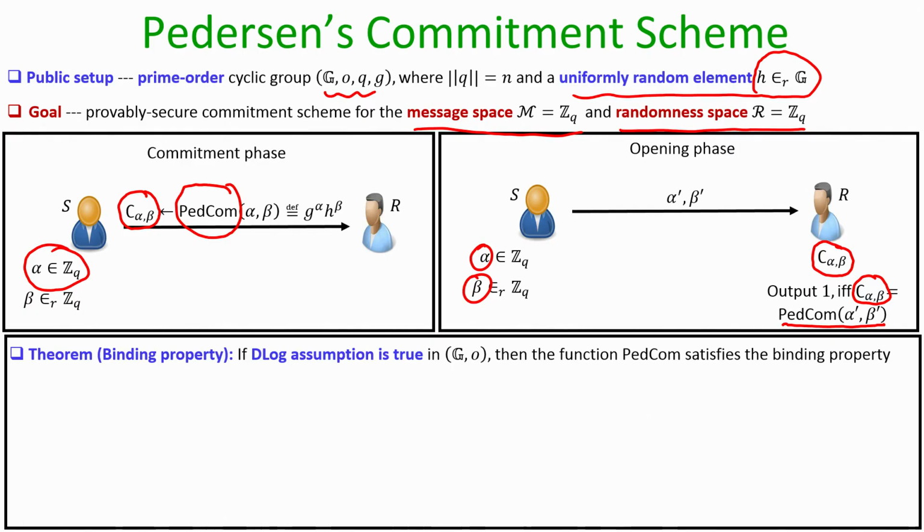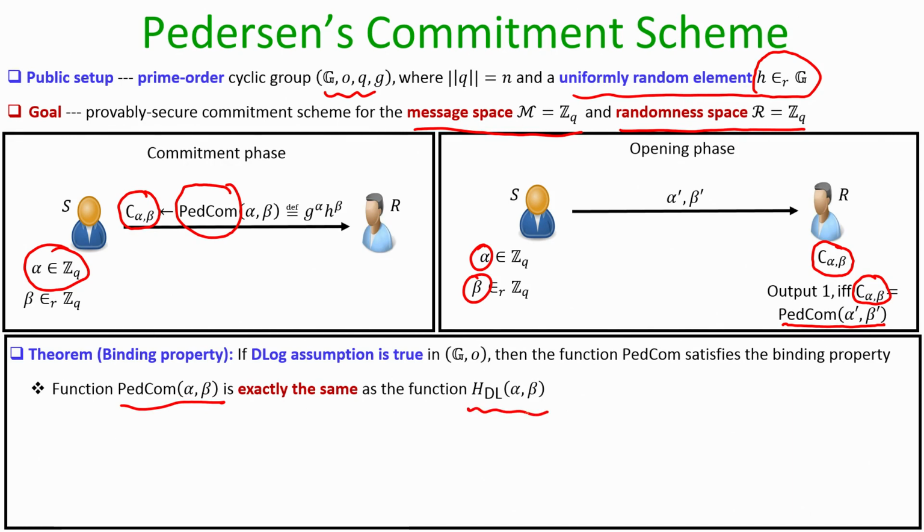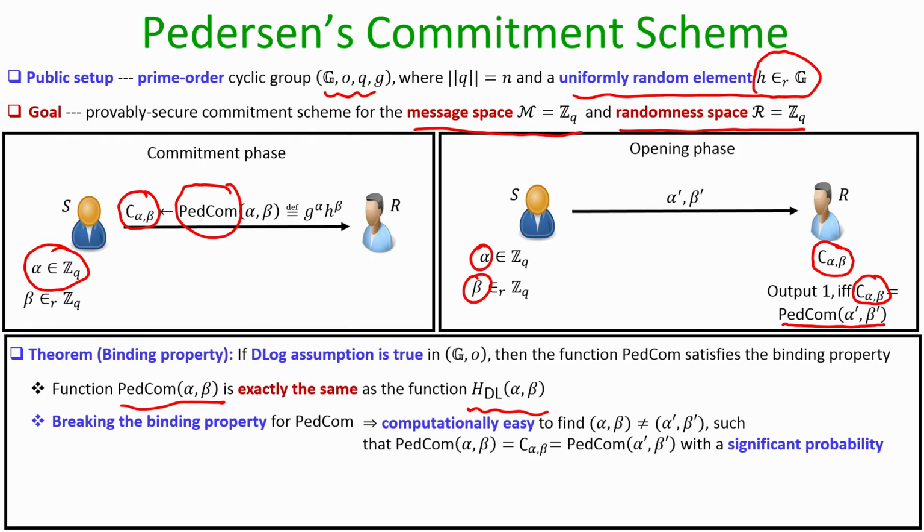Now, what we are going to prove here is that if the D log assumption is true in the underlying cyclic group, then the petcom function that we have defined here satisfies the binding property. And this simply follows from the fact that, if you see closely, the petcom function that we have defined here is exactly the same as the compression function h sub dl that we have defined just previously. That means breaking the binding property of this Pedersen commitment function is equivalent to coming up with a pair of values alpha, beta and alpha dash, beta dash,